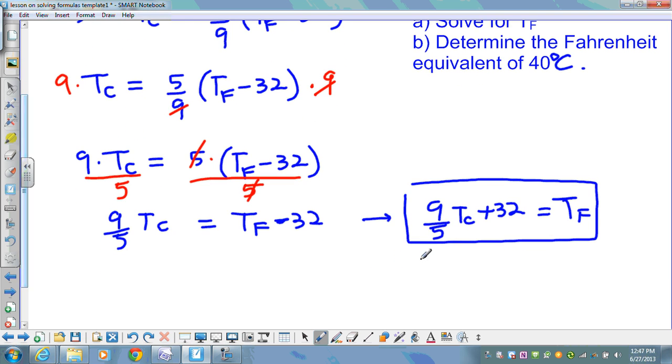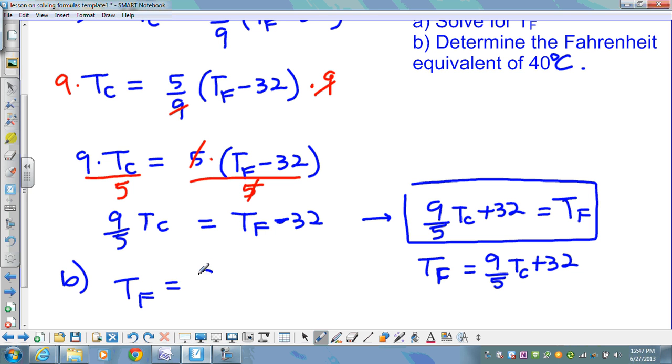Of course, I could have also written it as follows: T sub F equals 9/5 T sub C plus 32. And as to part B for the same question, determine the Fahrenheit equivalent for 40 degrees Celsius. So all we have to do is plug in 40 for our T sub C, and we'll get the Fahrenheit equivalent for that. So T sub F equals 9/5 times 40